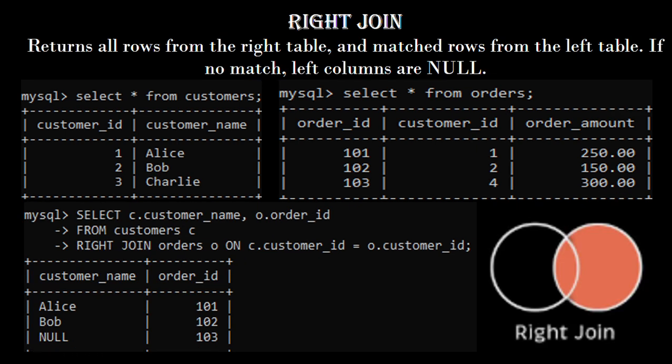In the same way, with the right join, if we join the tables with a right join, you will get the matching rows as well as the rows in the right table which have no matching row in the left table. That is, here the order number 103 doesn't have a matching row in the customer table,